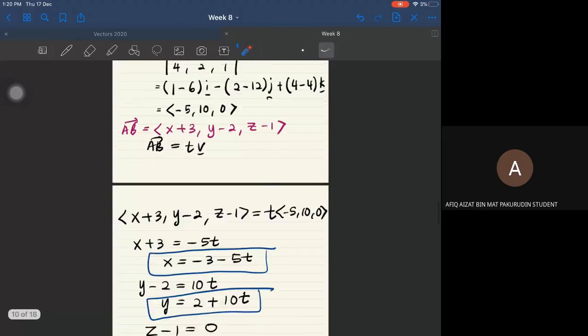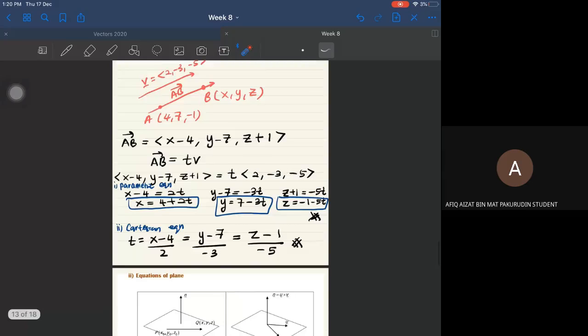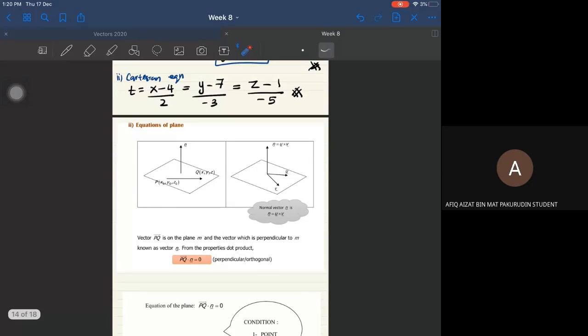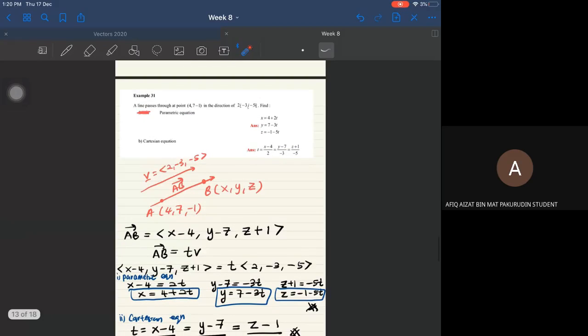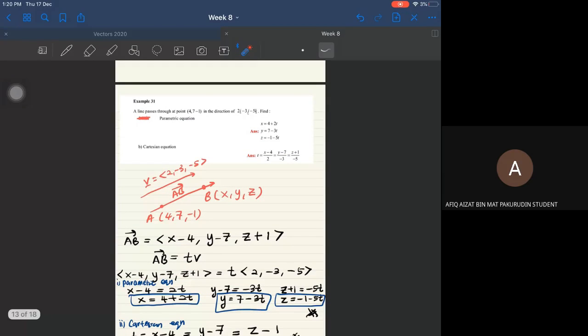I need to stop. Kalau ikut ni saya ada lagi nota ni, equation of plane. Tapi bateri tak mengizinkan. 3% lah. And saya tahu bateri awak pun dah low dah. Awak dah penat lah. Okay. So, saya stop recording. Ada soalan tak? Kalau tak ada,